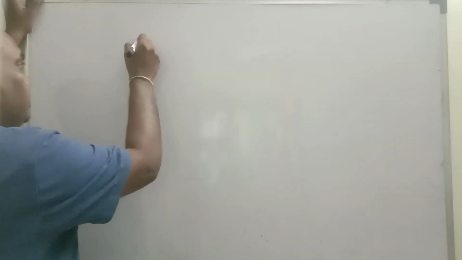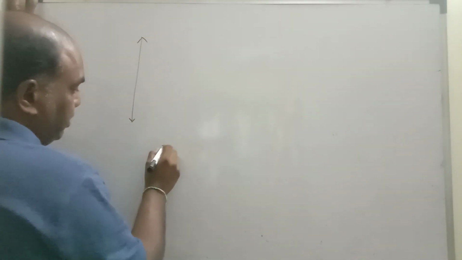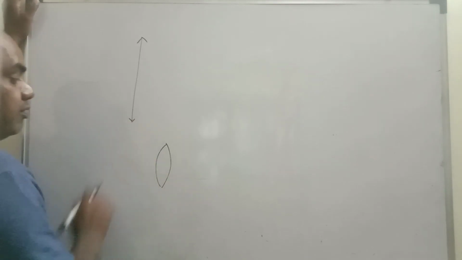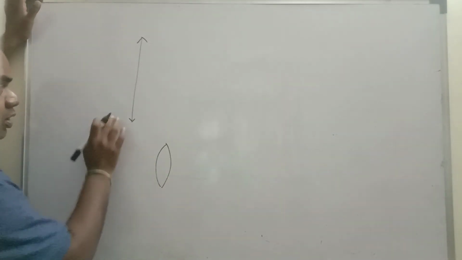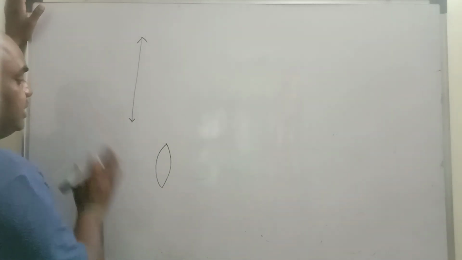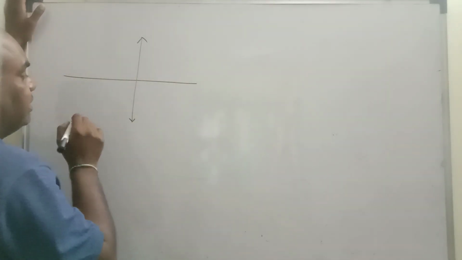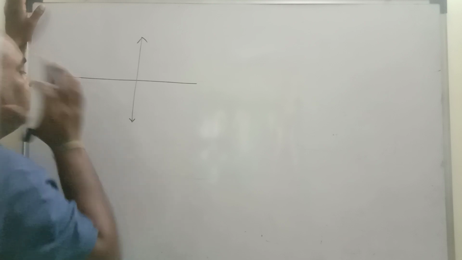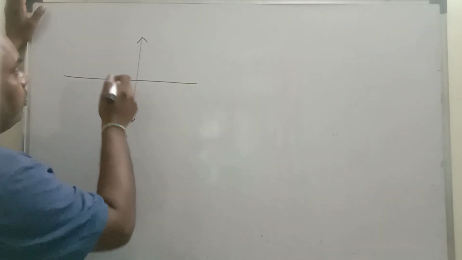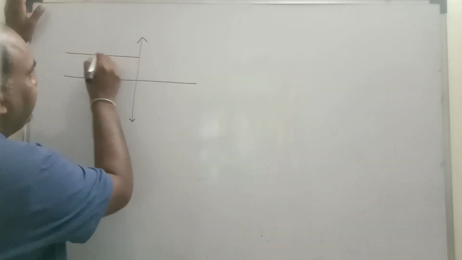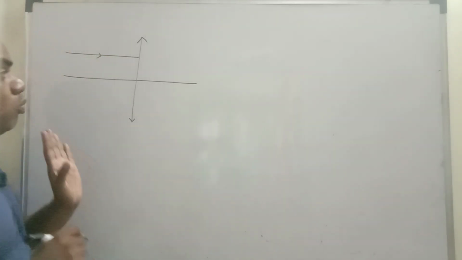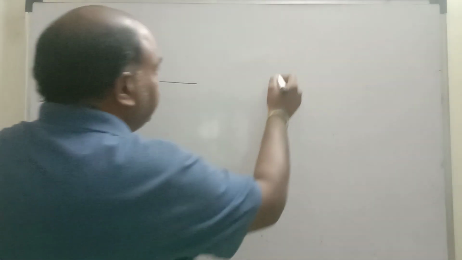See here, children, this is a converging lens. Actually, a converging lens will be like this. This is another form of converging lens. This can also be written like this. In most cases, two dots will be given. Here, one parallel incident ray is given, and you have to complete it. Only one parallel incident ray is given.